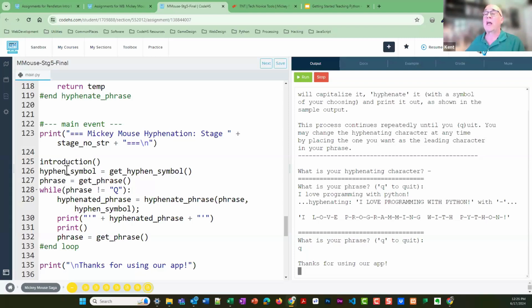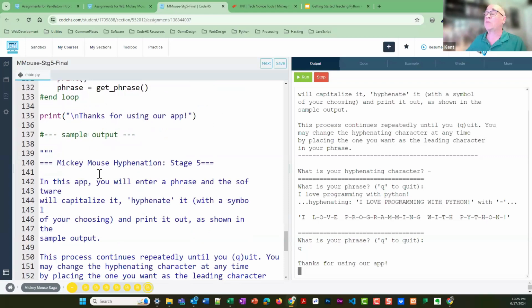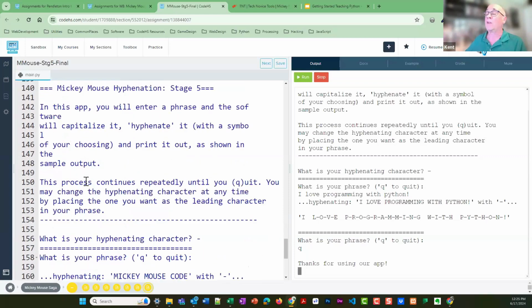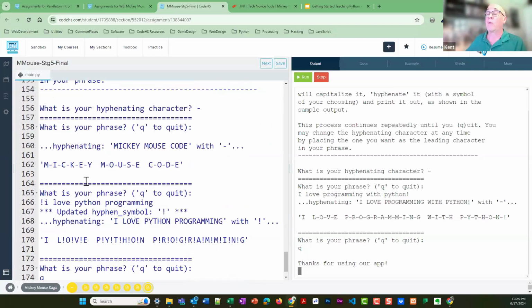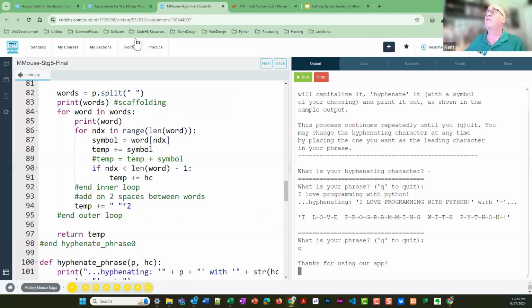And so just like we had Carol go through and do some graphics, I'm having Python go through and do these things in kind of an outline form, which is based on calling functions in the proper order. And then also I try to attach with all my programs a sample run of what it looks like when they're done. So if they're writing this on their own, they can see what it should look like. So anyway, that's stage 5 final.